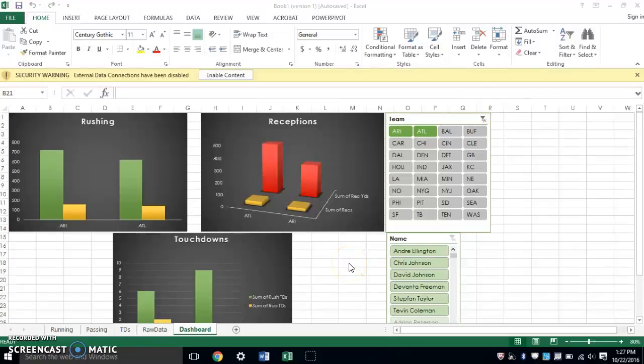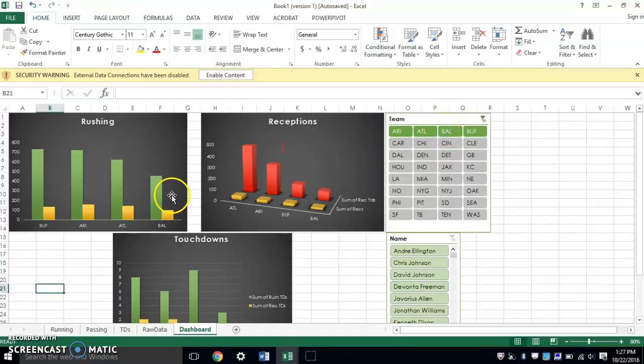Hello, I'm Daryl, and this is my how-to video on creating a functioning dashboard originating with raw data and using pivot tables to do that. Now, this right here is my functioning dashboard, and I can compare. This is fantasy football stats, so I could compare football teams and visualize their performance within one given year